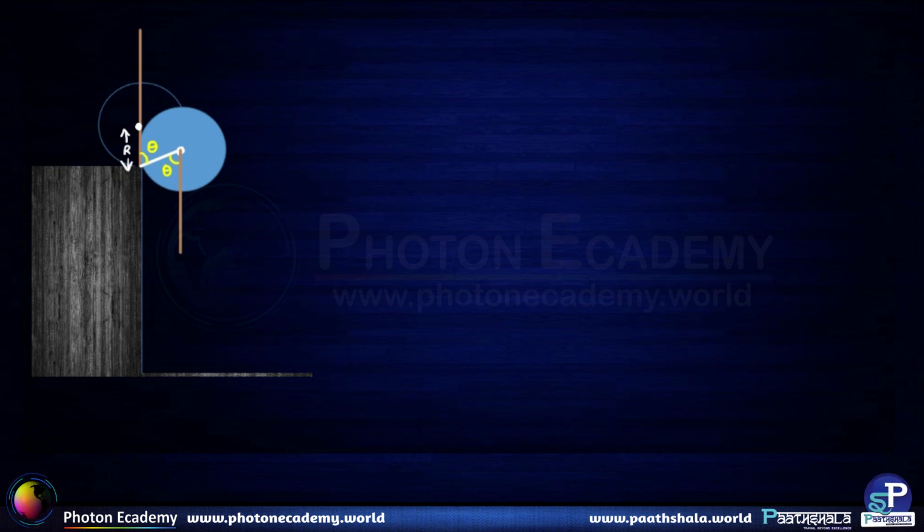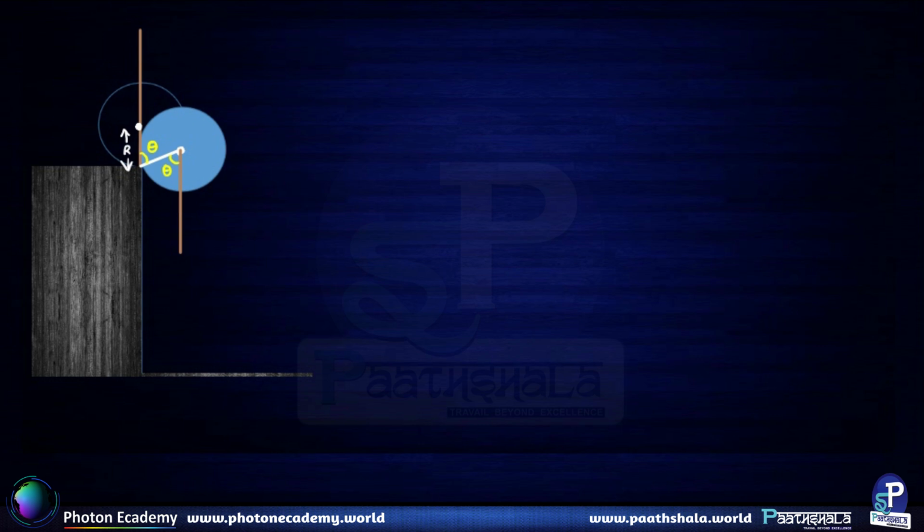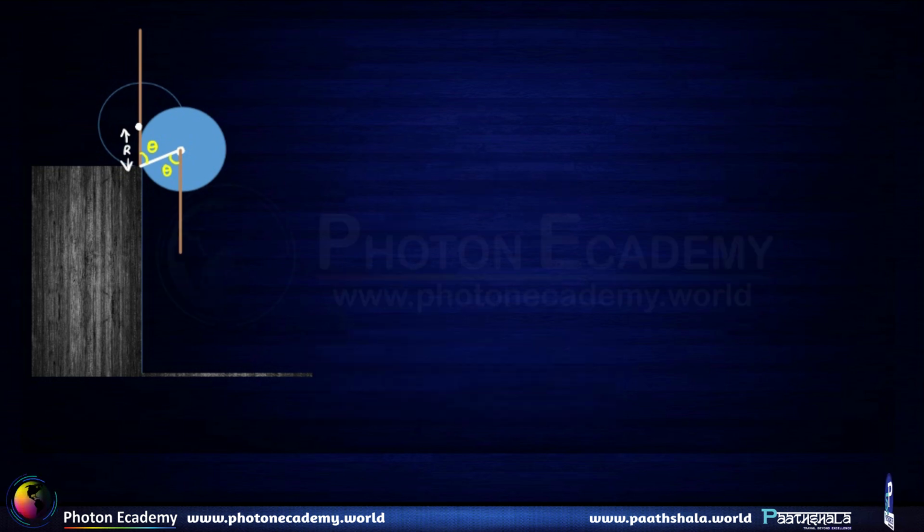If we try to think about what are the forces that are acting on this particular object with a circular cross section, it can be a sphere, solid cylinder, hollow cylinder, disc, anything. So if we try to analyze the forces that are acting on this object, let us say a sphere for example,